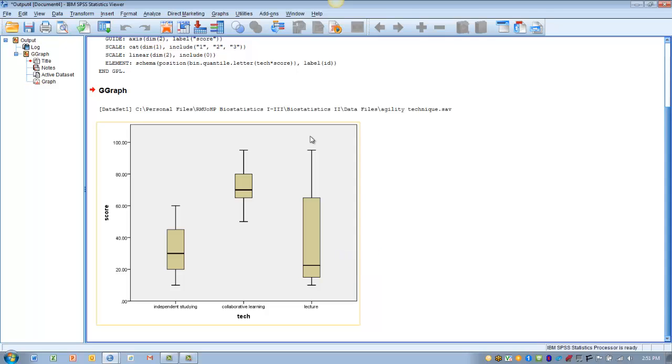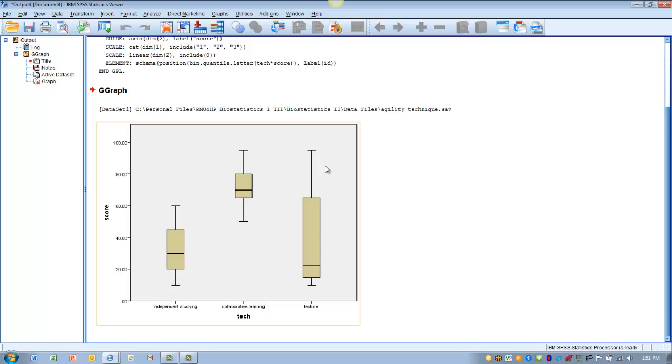So any score that's greater than the upper quartile plus 1.5 times the interquartile range is deemed an outlier. And so you would see that represented by a small dot there. And any case that's greater than the upper quartile plus 3 times the interquartile range is labeled as an extreme case. So when you have those individual scores outside of that, these whiskers no longer represent exactly